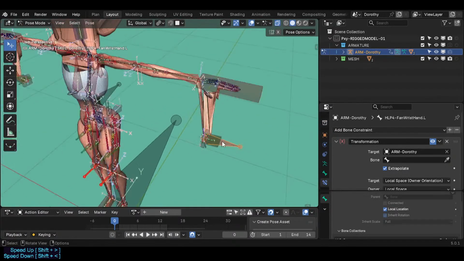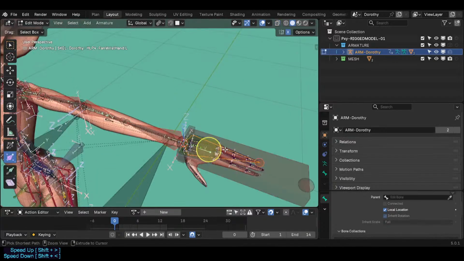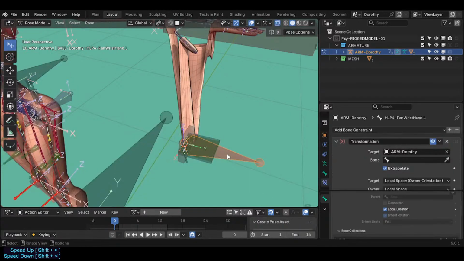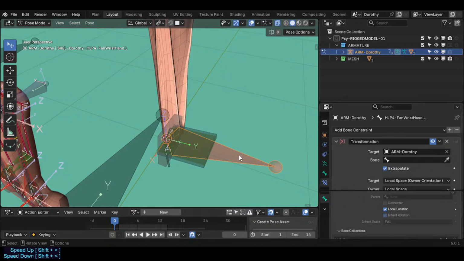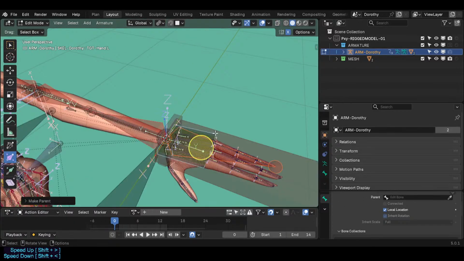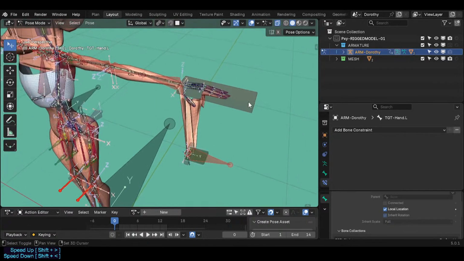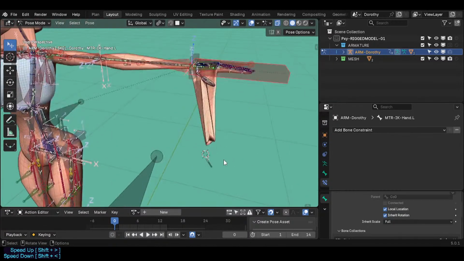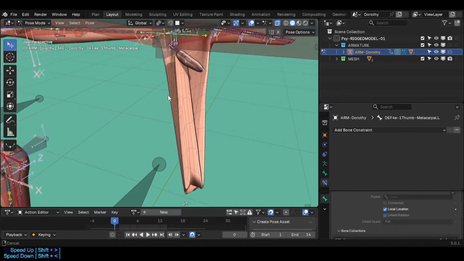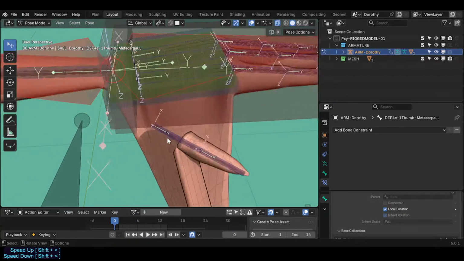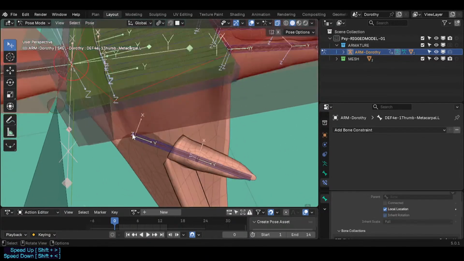Still not working. Actually this is the wrong bone. This is actually a wrist, so this we parent to here, and this we parent to here, and still some bone is missing. This is a thumb, metacarpal thumb. It should be parented to